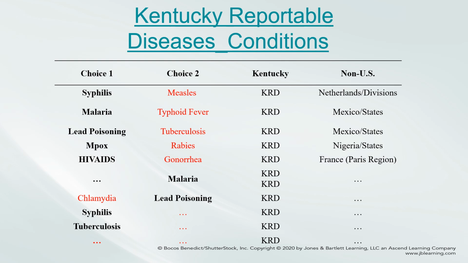I have advised a few of you who reached out and requested appointments last week on Microsoft Teams. We reviewed your choices and areas of interest and progress on your midterm assignments. About half of you have confirmed with me that you were developing a midterm paper that addresses an appropriate Kentucky reportable disease and studying it in both Kentucky and another state or region outside of the United States. Of course, your selection of appropriate diseases or conditions and your estimates and areas of interest will be part of your midterm grade.